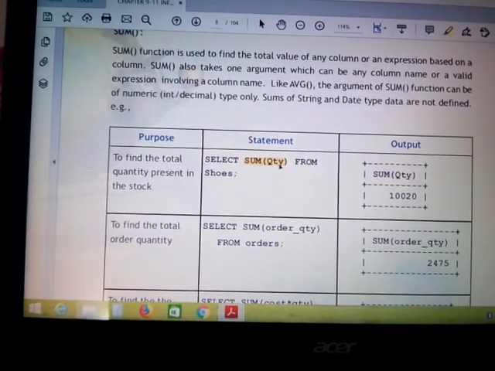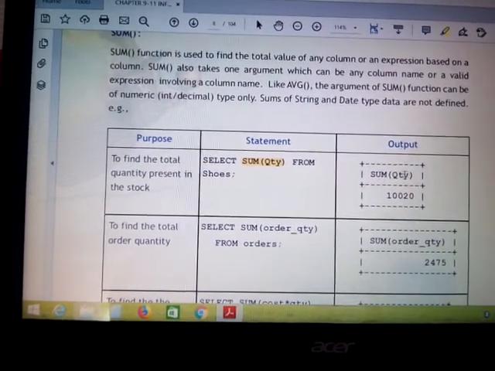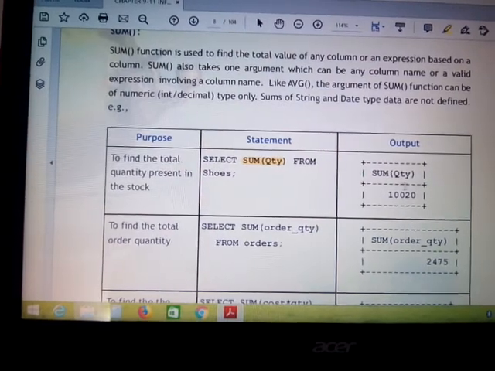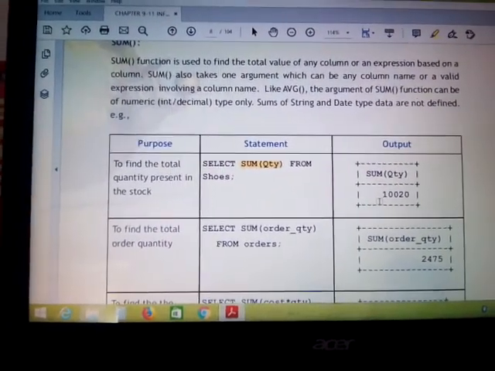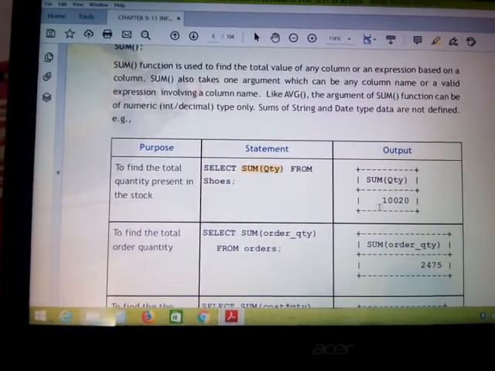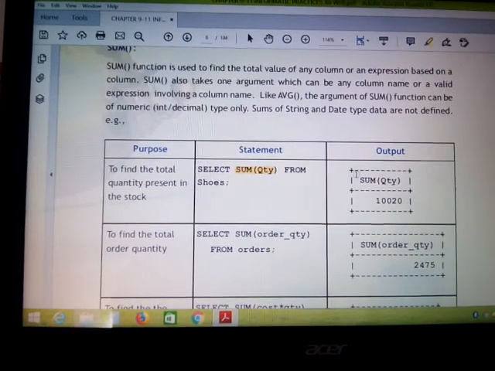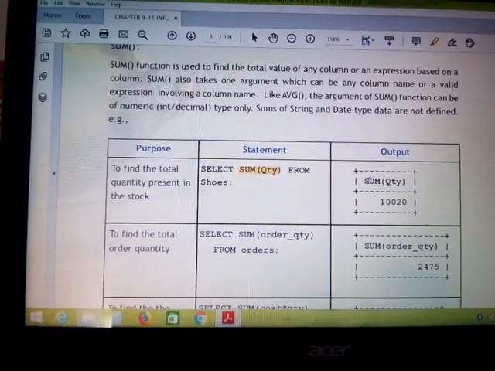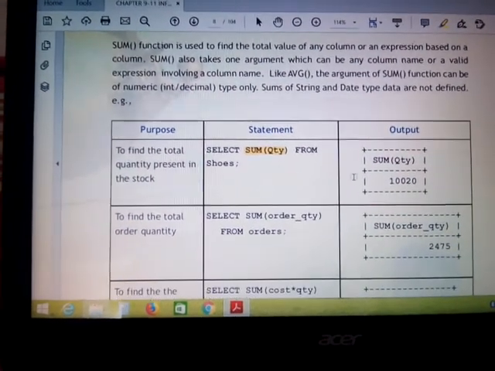So in the output you can find sum and then qty, and then whatever the answer will be, you will find here in this row. So in this column you will find the answer. Here you can find the column name is sum and then qty, and then whatever the answer is, you can exactly find it.